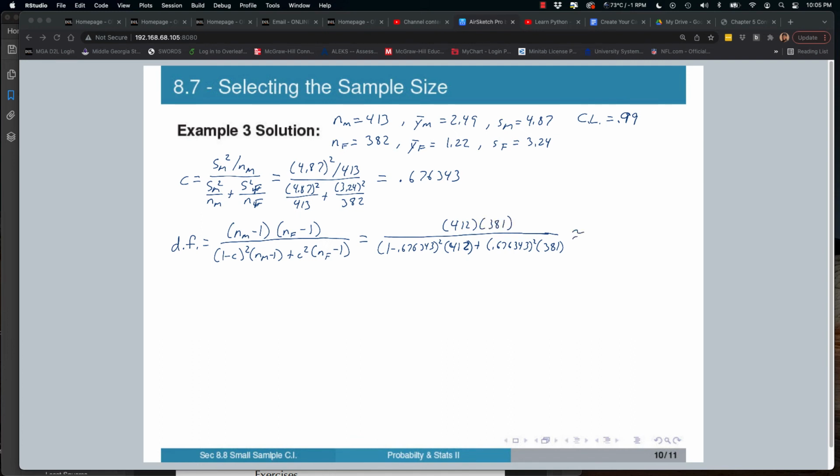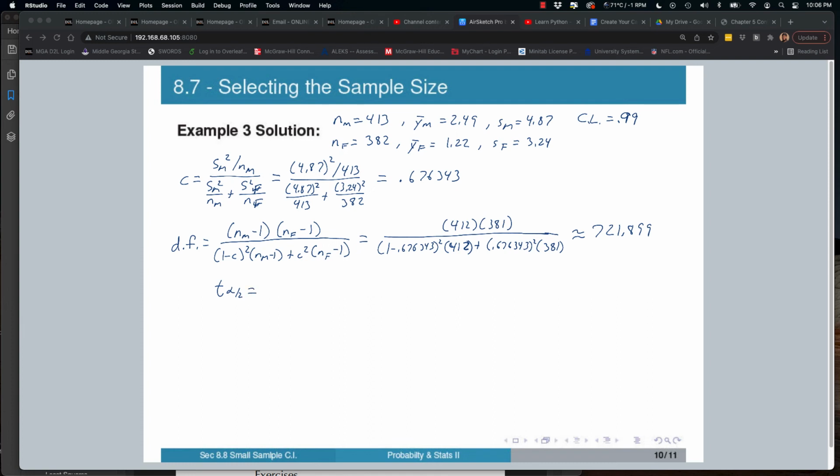And that's approximately equal to some outlandish degrees of freedom of 721.899. So you're probably asking yourself, usually our degrees of freedom are in whole numbers. Well, it just turns out that whether you're using the calculator to find your critical value, t sub alpha over 2, or you're using R to do it, you can use numbers that aren't perfect whole numbers to find your critical value. So I'm going to say round this value off to at least 3 decimal places, like I did, and then your t alpha over 2 value